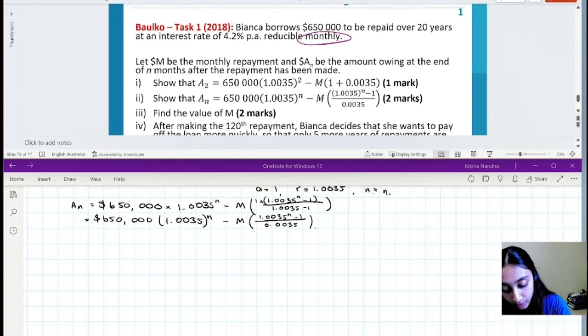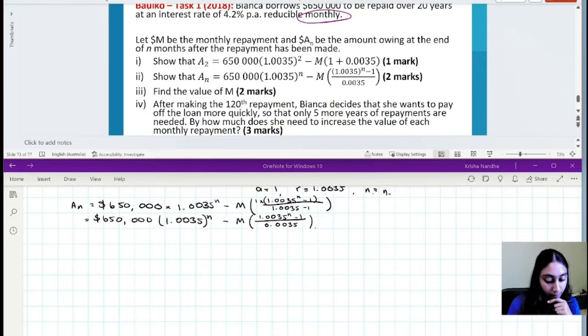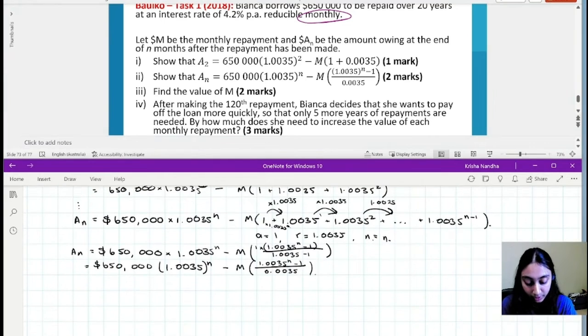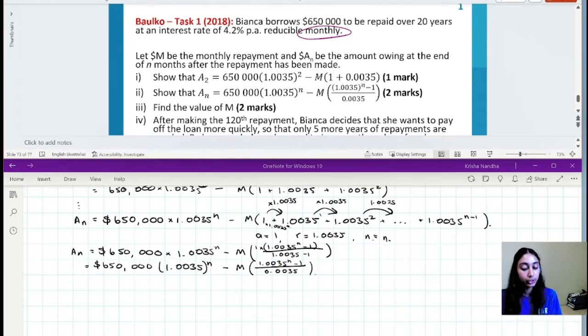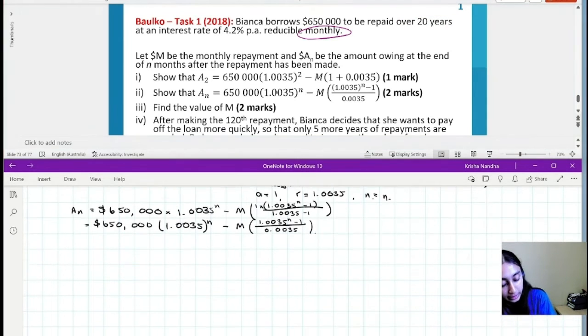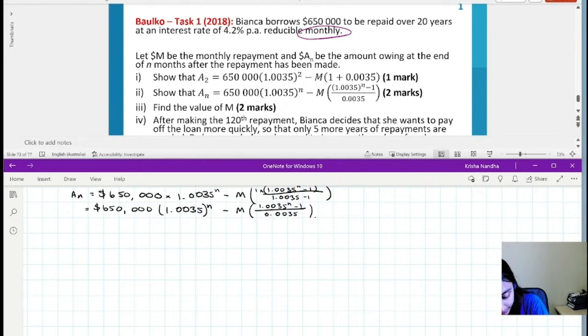Okay, now the next question is kind of tricky. It says find the value of m. That's a bit tricky. Like, what am I supposed to do? How do I find the value of m? The way that we go about this is by taking a look at the first part of the question. The first part of the question says that she is going to repay it by 20 years' time. So what I can write is that a_240, because we're going in monthly repayments, right, will be equal to 650,000 times